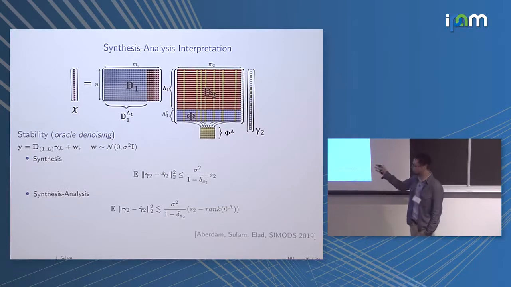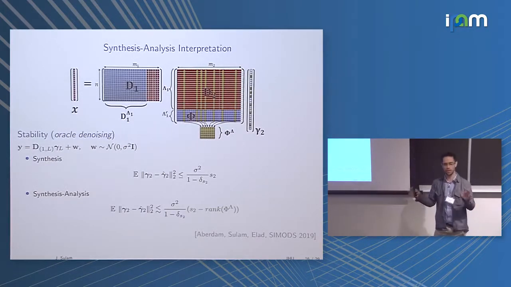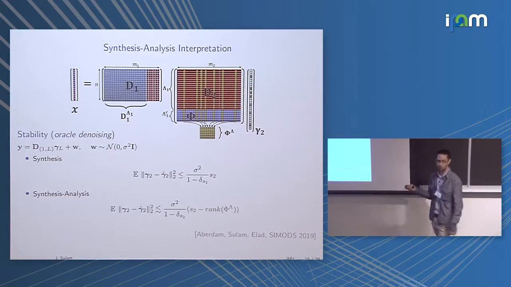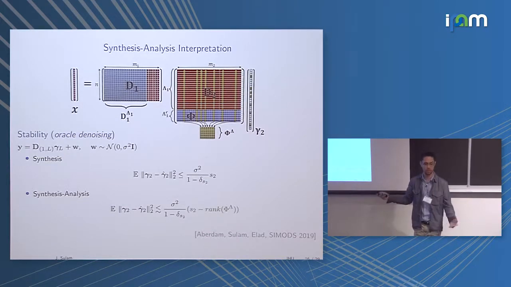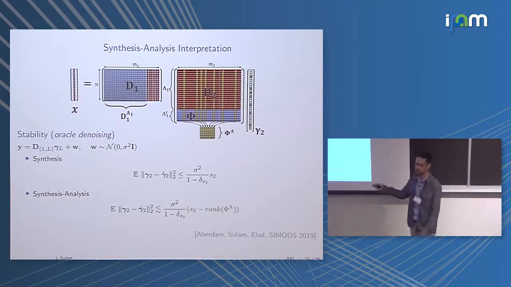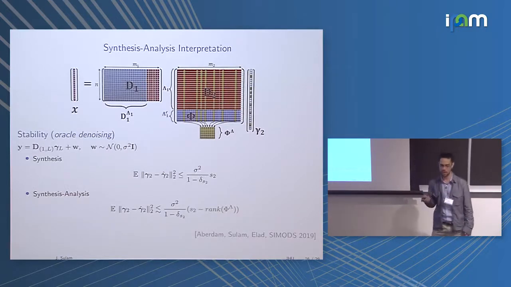And intuitively, don't worry if this seems a little bit too complicated. At an intuitive level, this is happening because now we are adding a lot more constraints to our representation gamma 2. Gamma 2 now doesn't have just S2 degrees of freedom because it's restricted to live in a particular subspace spanned by this phi matrix in order to generate zeros here. So these extra constraints reduce the degrees of freedom of the problem, making this estimation better. That's essentially what's happening. And you can use similar ideas to develop stability guarantees and many other such results. This is essentially just giving you a gist of the type of results that one can get.